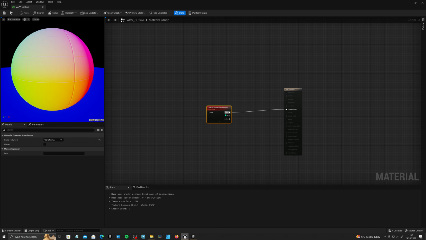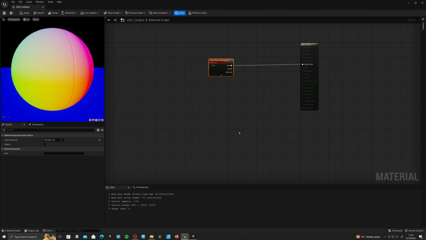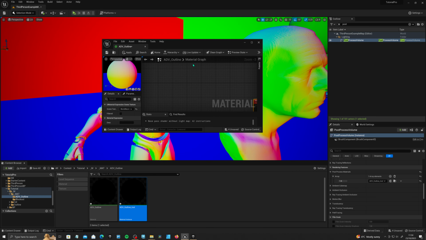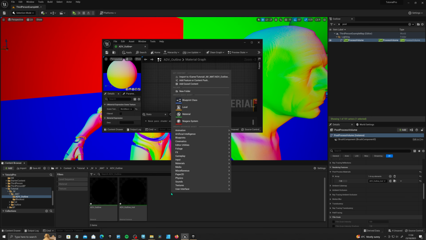Now, as I said, the base of this material is going to be using the world normal, but we are going to have to compare different pixels to each other, so we're going to make a sort of ladder effect here. Just to simplify things, we're going to use material functions, which should streamline things a little bit. If we go back to our content browser and we right click and go down to materials,